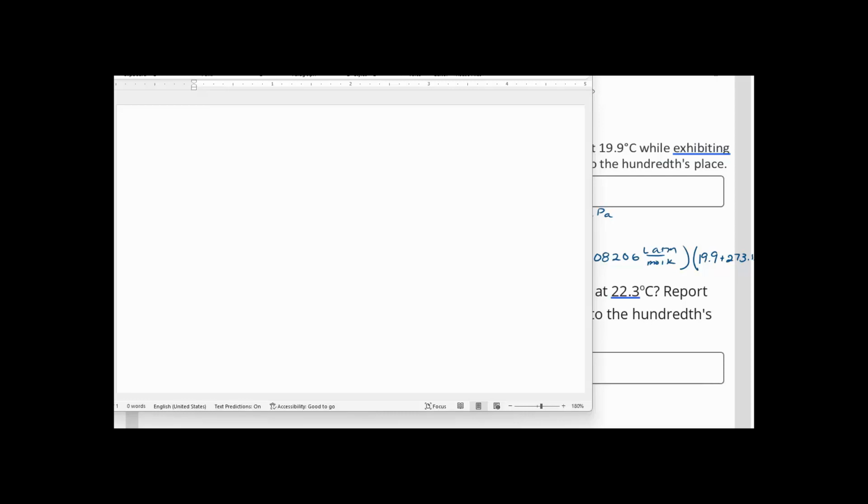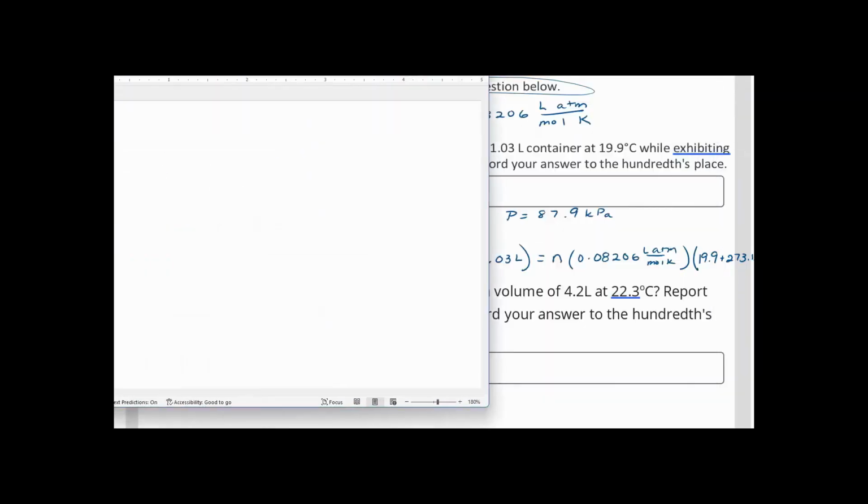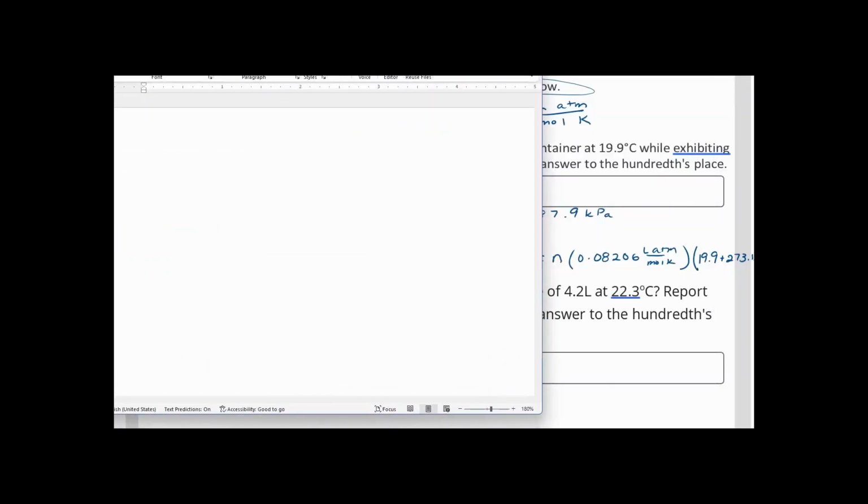When I perform the calculation with my pressure, so let me just reveal that real quick, 87.9 divided by 101.325, I get a value, and then I multiply that by 1.03. So the left side of my equation becomes 0.89353. I'm going to give you all of the digits here so you can double check your problem solving as well. And that's going to be equal to n times